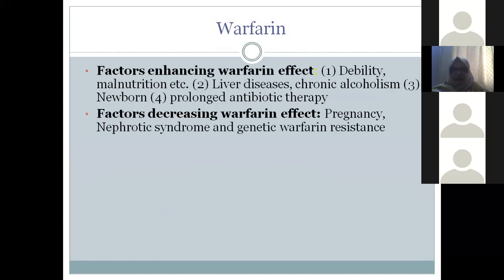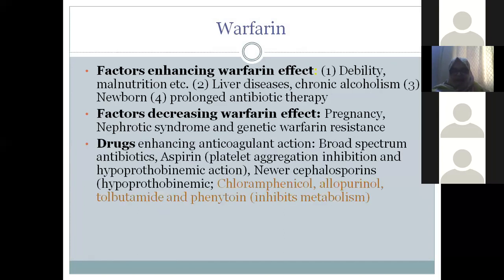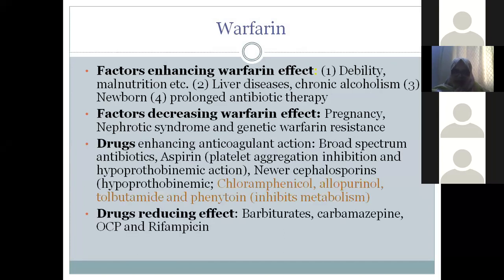There are certain factors which enhance the warfarin effect and which decrease the warfarin effect. Besides that, you have the drugs. Factors which enhance the warfarin effect include debilitating nutrition, malnutrition, liver diseases, and chronic alcoholism. They enhance the warfarin effect, which means they can lead to warfarin toxicity too. Prolonged antibiotic therapy. Then factors decreasing warfarin effect, such as pregnancy, nephrotic syndrome, and genetic warfarin resistance, and drugs enhancing